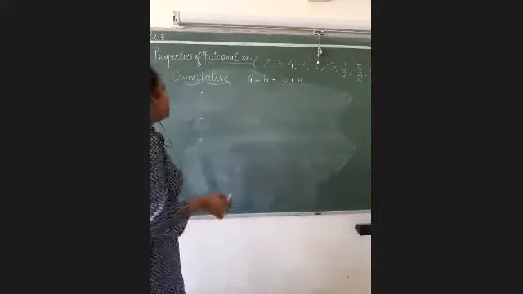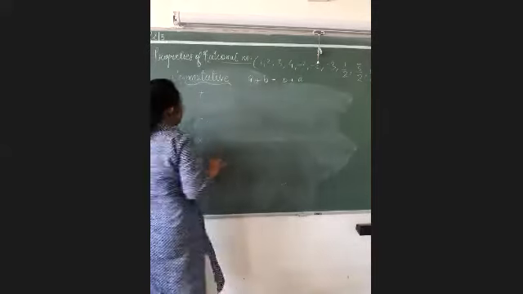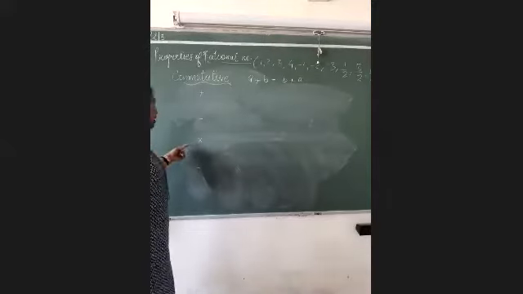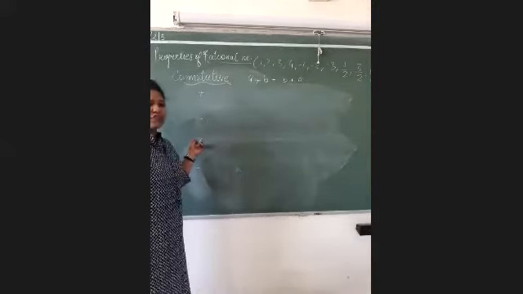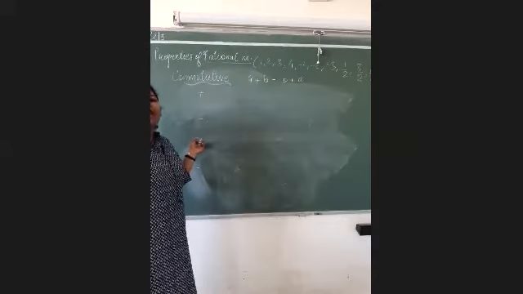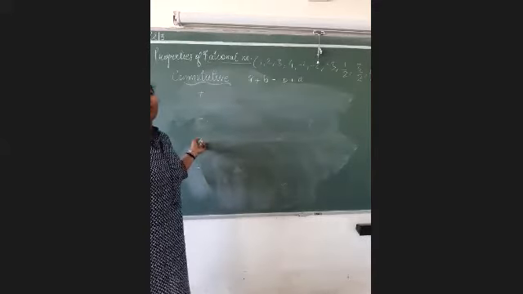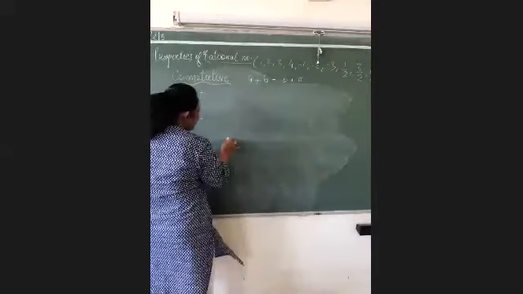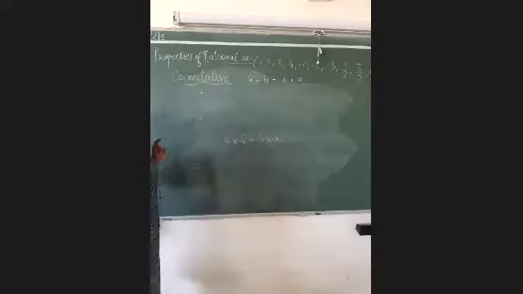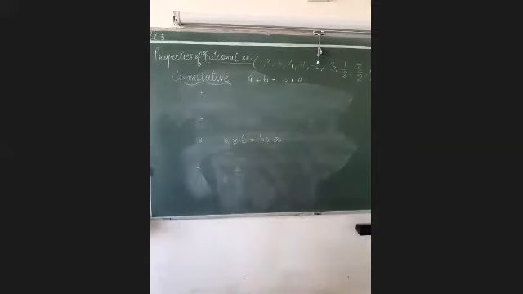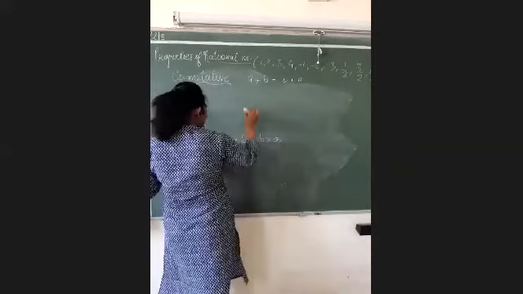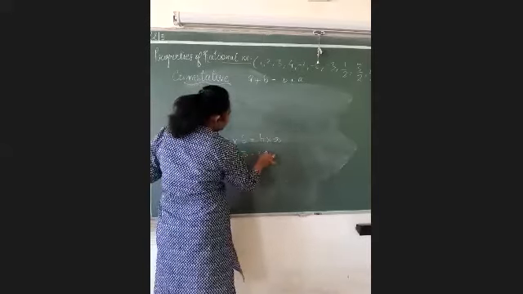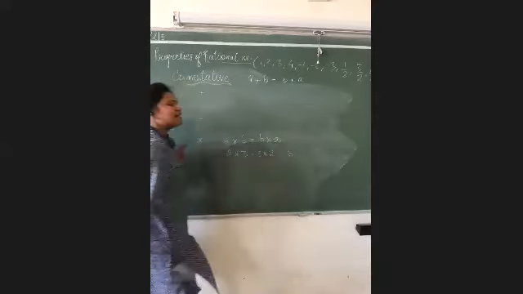Okay? For example, you always remember that in addition we can change the order, and the answer will not be affected. The same thing goes for multiplication also. You can even multiply any two rational numbers by changing their order. For example, A into B can be given as B into A also, and both will give you the same answer. For example, 2 into 3 or 3 into 2, both will give you the answer 6.